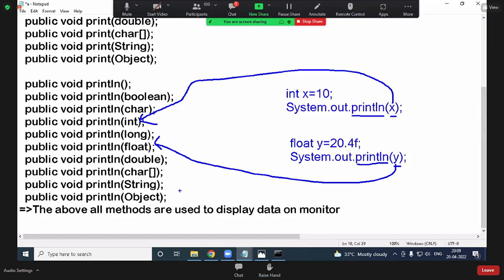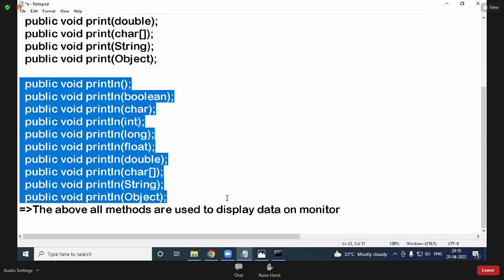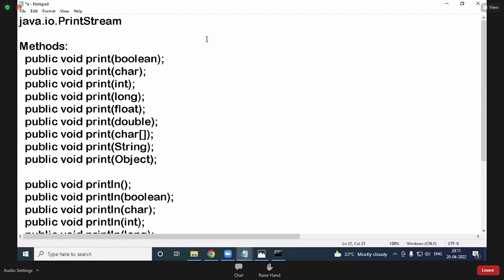Overloading. If you pass an integer parameter, this method is called; float, boolean, character, like that. These 10 methods, instance methods or class methods?